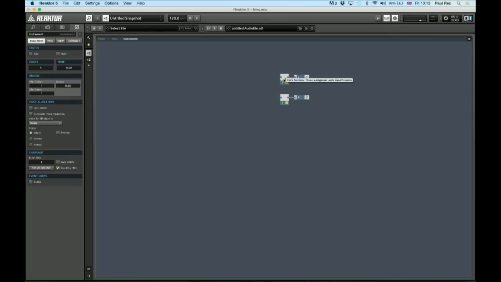What this allows you to do is when you mouse over any module or macro, it'll give you a readout of what that is, what it does. Just any little bit of information helps at this stage. Okay, cool. So the way you load modules and macros into Reactor is just by right-clicking and bringing up this